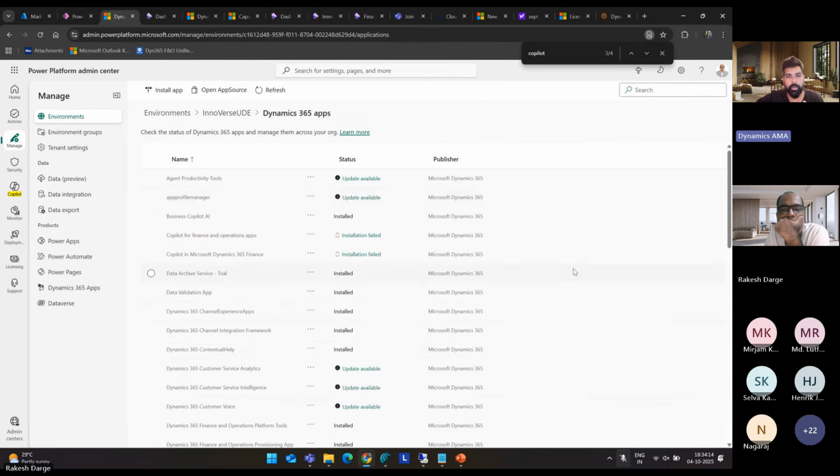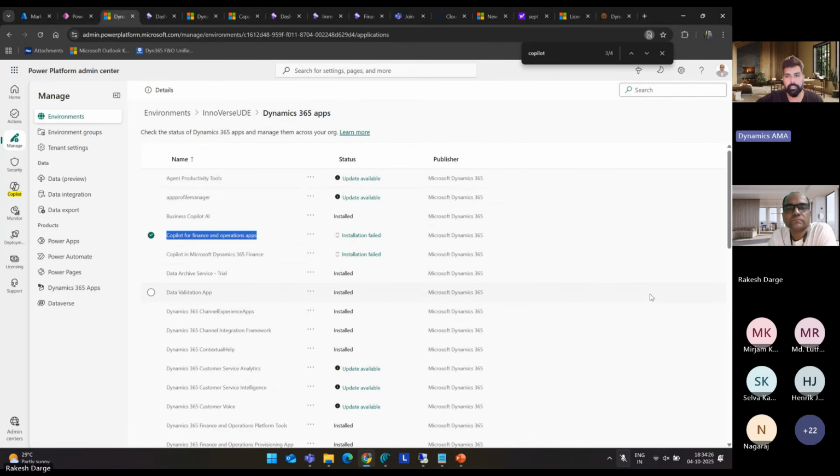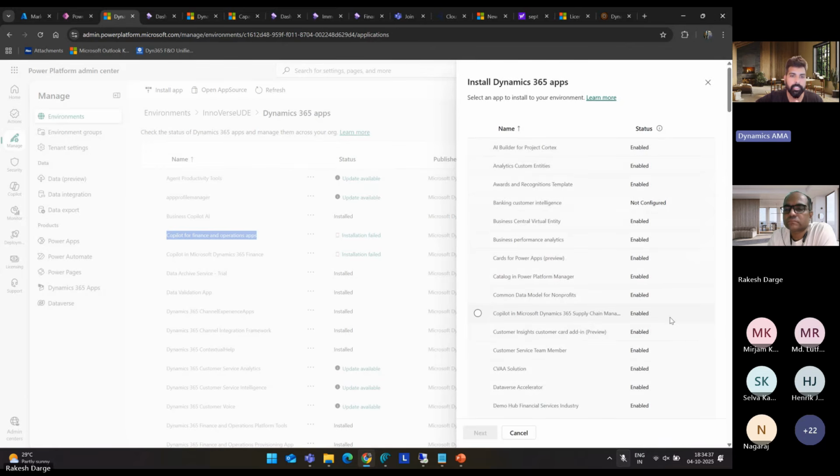When you are configuring any app, like invoice capture, as I mentioned, or any Copilot, you need to come here. You need to be aware of all these things now, at least how to install that app, and make sure that all the prerequisite versions are installed in the PPAC. As a functional consultant, you don't even need to be that technical for that. Correct.